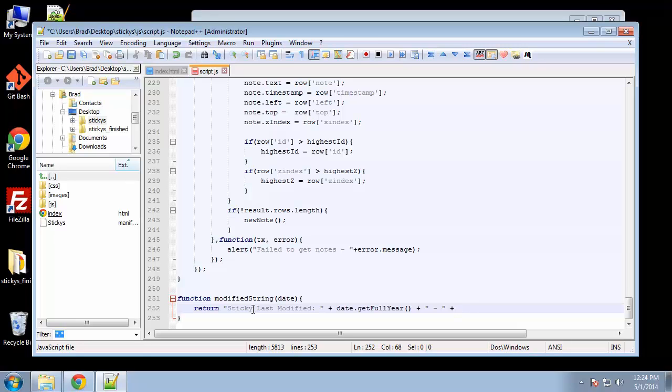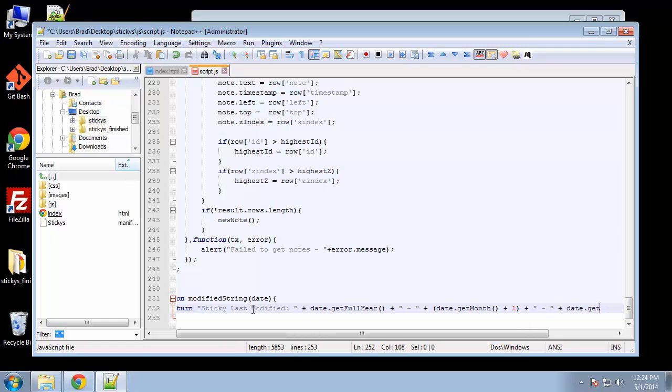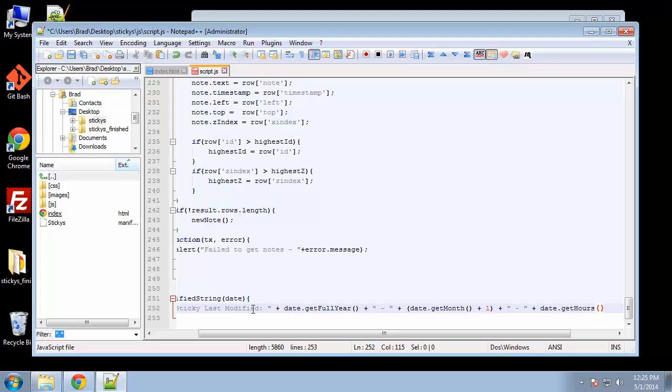Alright, and then we'll say inside of parentheses we're going to say date.getMonth, date.getMonth plus 1, and then we'll do another dash, and we'll put the hours, so date.getHours, and then we want the minutes, so let's concatenate